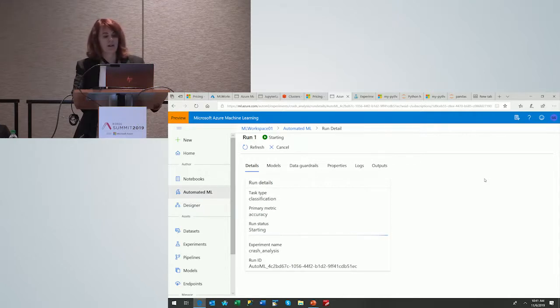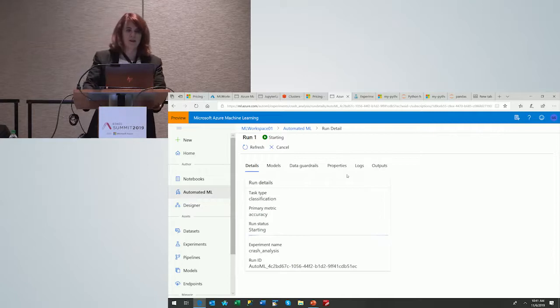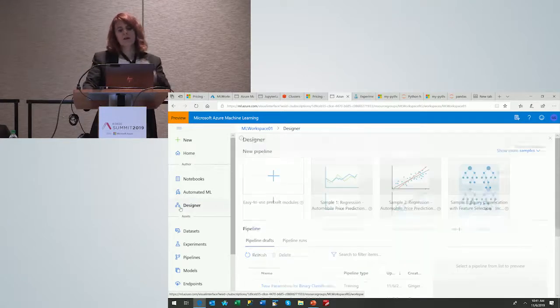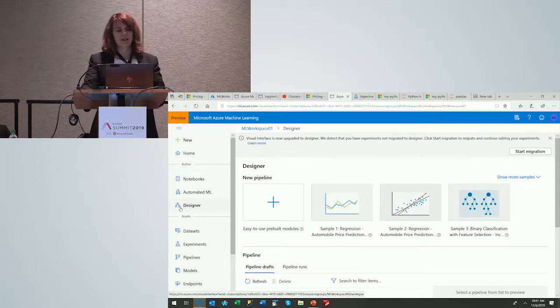And provide that kind of analysis. And I will say that this is going to be a while, so we'll look at some other things that are contained within here as well. The other thing that they have is something called a designer, which was called a visual interface 2 weeks ago.